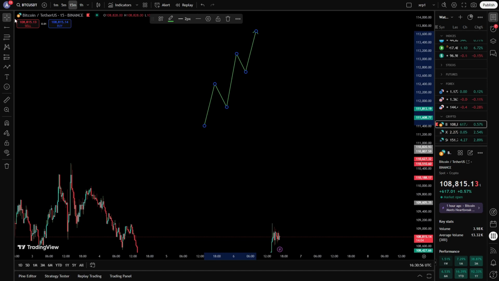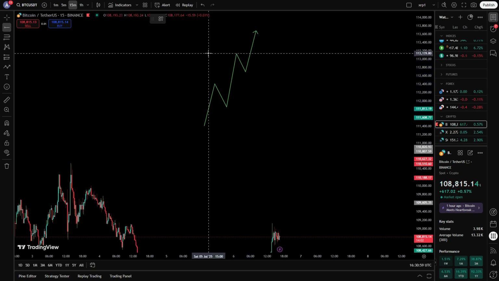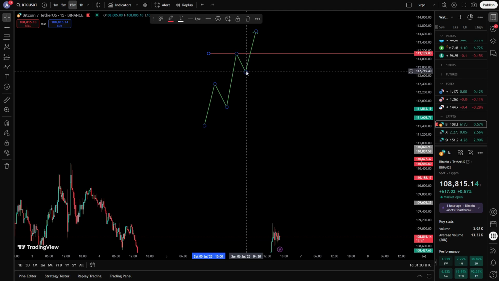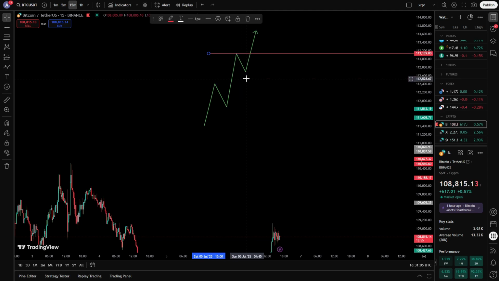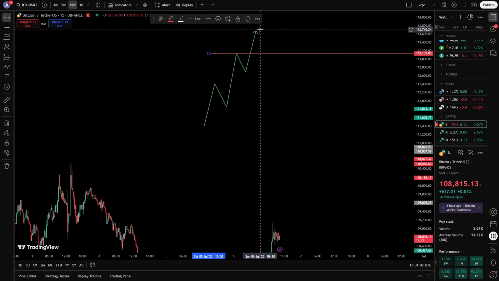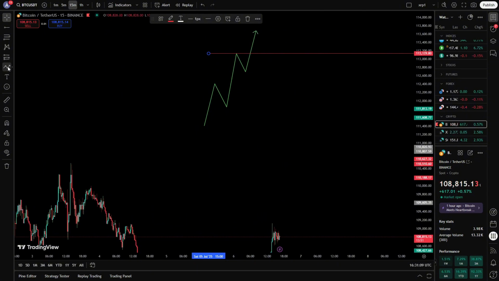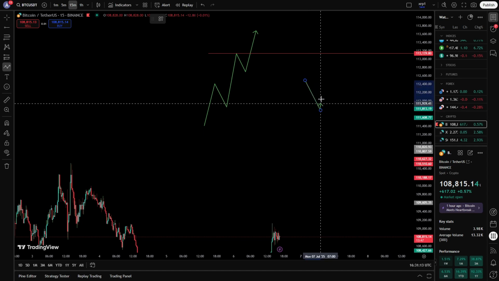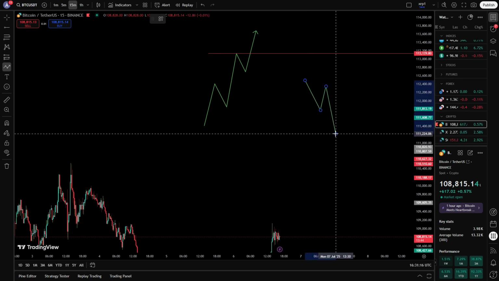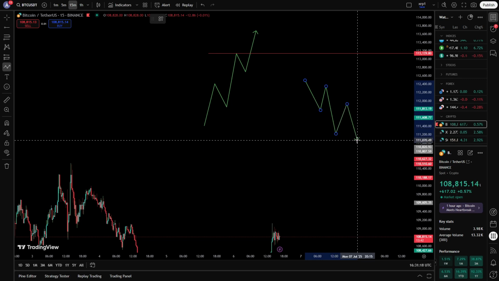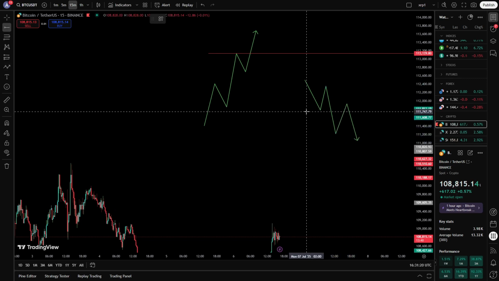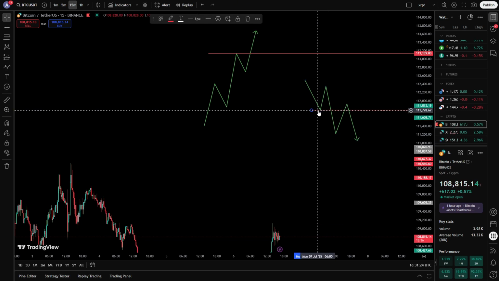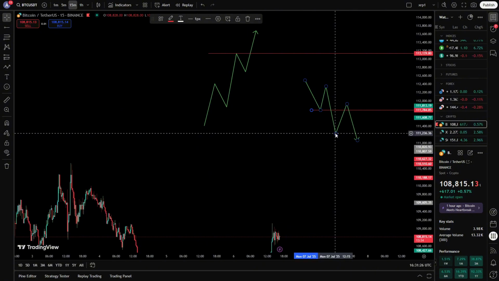A break of structure is this move here, because it breaks the previous high and it goes again for a higher high. Vice versa, in a downtrend, a break of structure